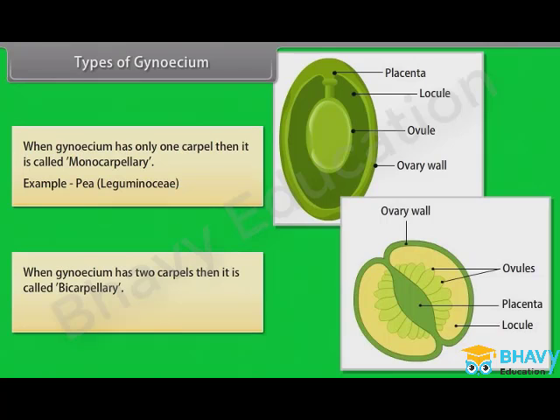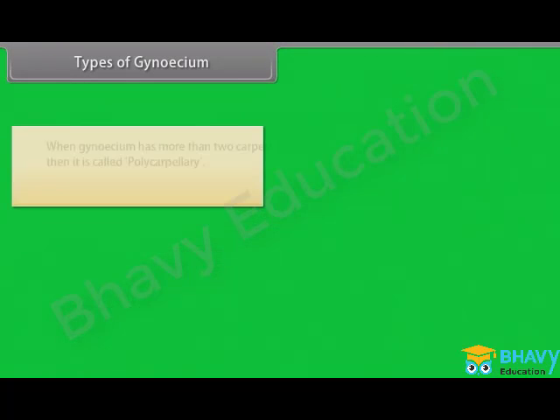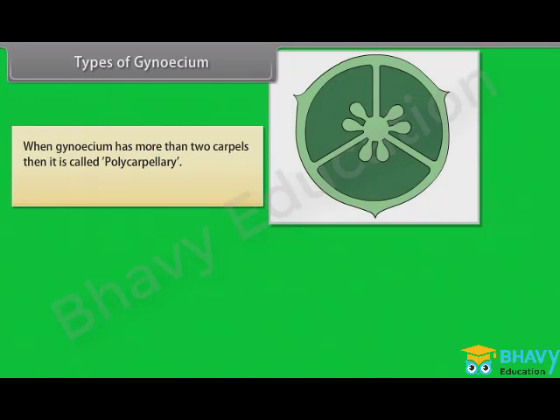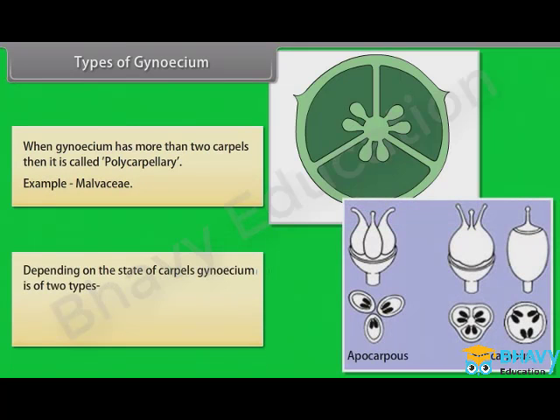When gynoecium has 2 carpels, then it is called bicarpellary. Example: Solanaceae, Cruciferae. When gynoecium has more than 2 carpels, then it is called polycarpellary. Example: Malvaceae. Depending on the state of carpels, gynoecium is of 2 types: